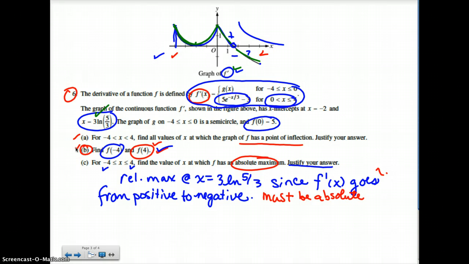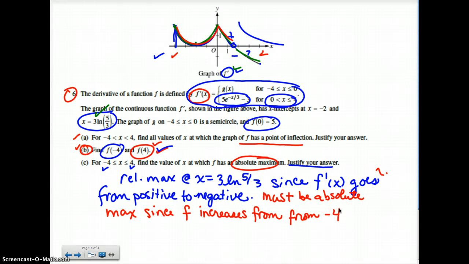That's called the candidate test. You can actually just use graphical analysis and say it must be absolute max since f increases from, and you don't have to explain why. I mean, I know it increases because the derivative is positive in this whole section, but you can just say since f increases from